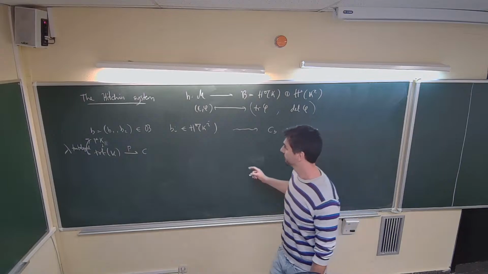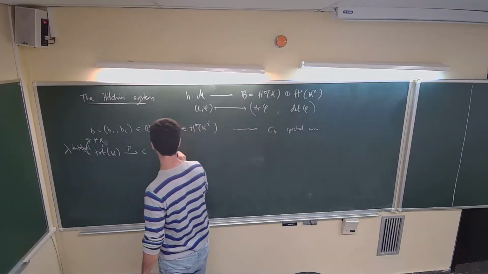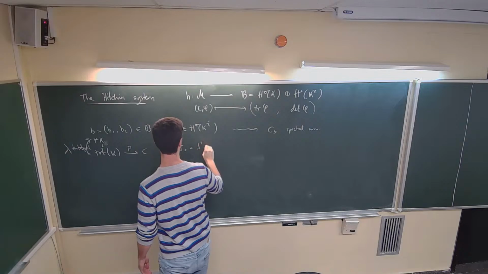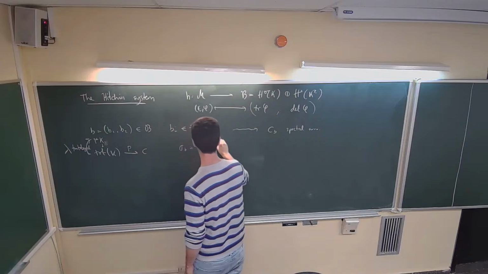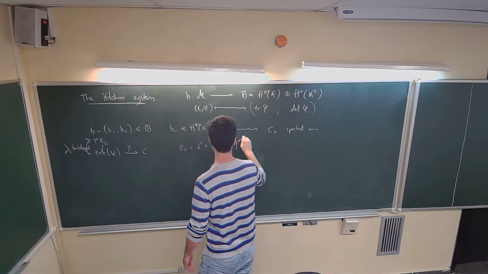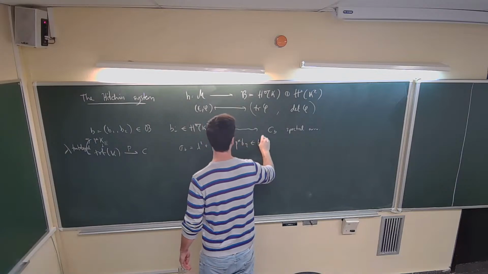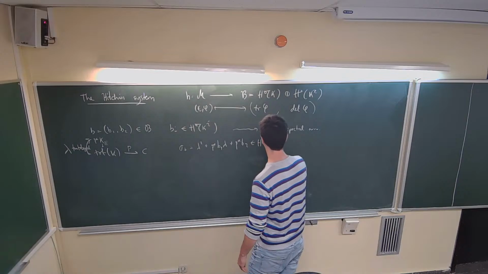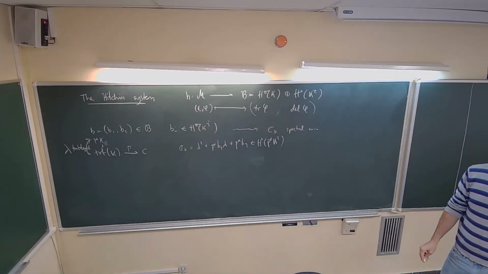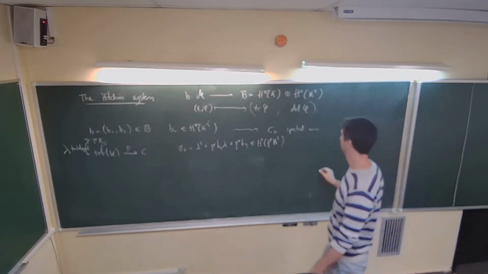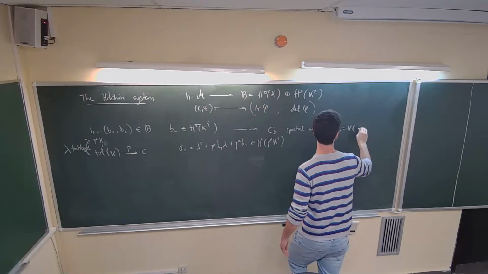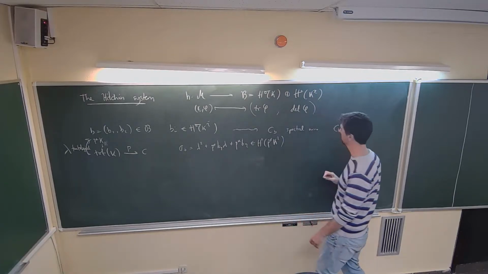Okay. And for this B, one can build a section sigma B, a section of the pullback of the square of the canonical bundle, and we will define this CB as the vanishing locus of this section. Okay,